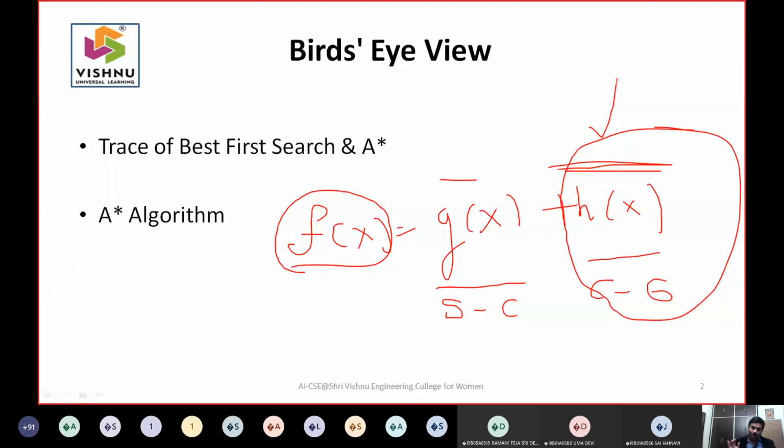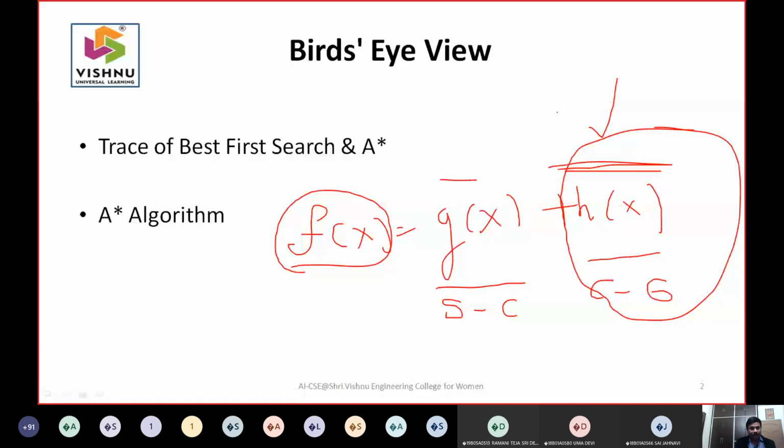That predicted value will be given when you take an exam, but the adaptability or the robustness of the algorithm only lies in how properly h of x was estimated. So this is the introduction of the A star algorithm.